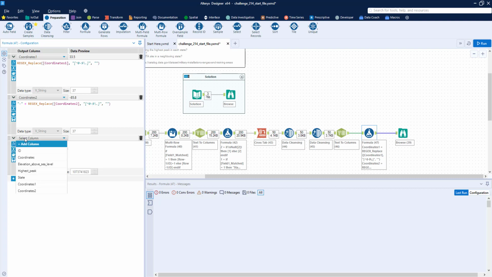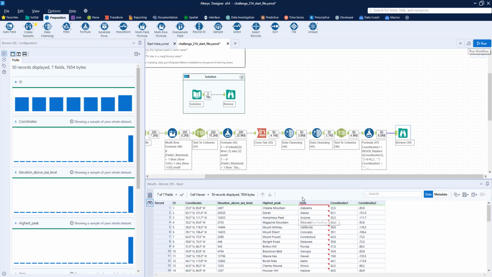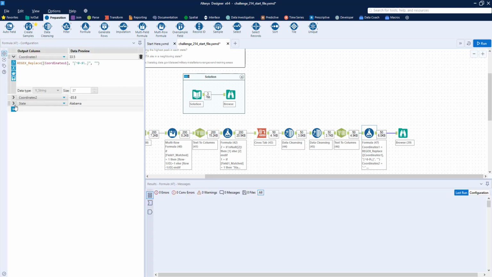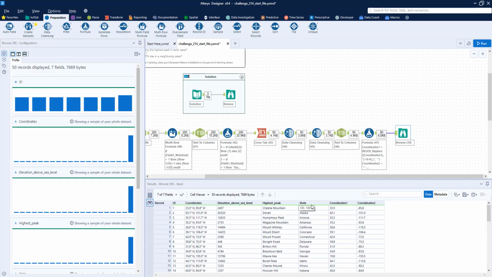And finally, let's do a very similar thing for the state. The only difference here, of course, we're going to do this to the state field. We're going to get rid of this caret. So that's going to replace everything that is a period or a number and get rid of it. So it's the exact opposite of what we did for the coordinates fields. We'll run that. Now you can, oh, and let's go ahead and trim. Let's wrap a trim around state as well. Okay, so running this, you see now we have our state, no numbers, no spaces, and then our latitude and